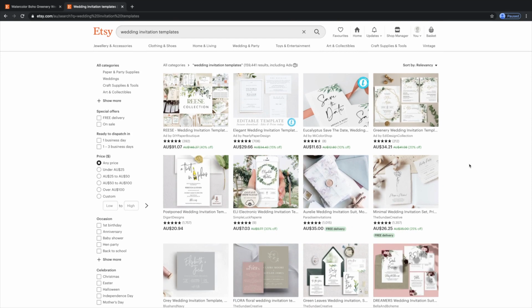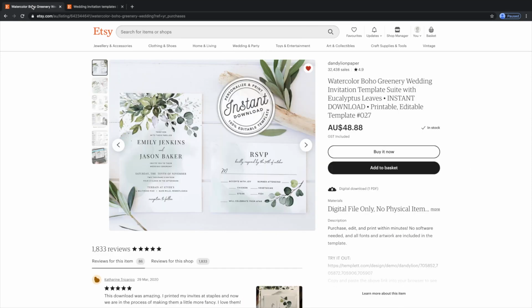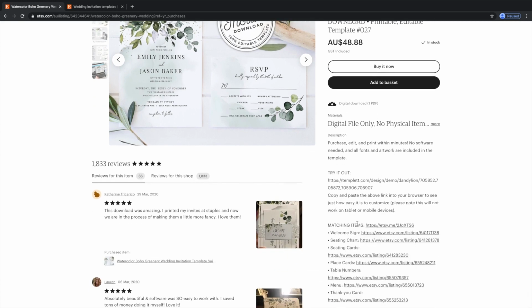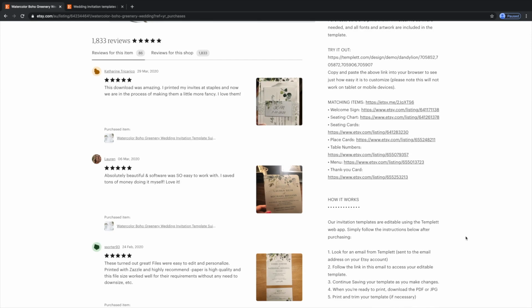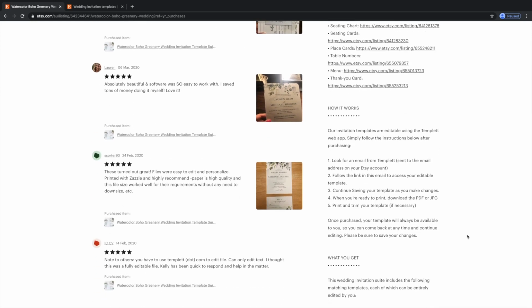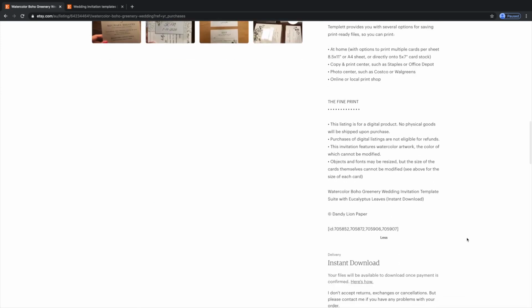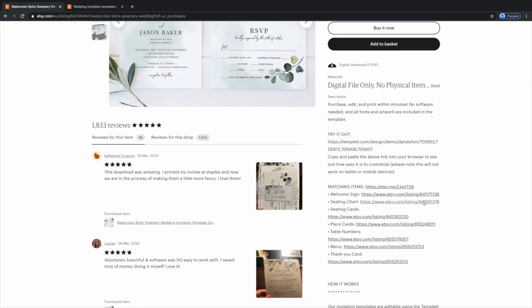Once you've found it, go into the listing. This is the exact one that I purchased. And in the description, it'll give you all the details on how you go about downloading the template and editing the template. I found this one super duper easy. It has really clear instructions, and this one actually comes with